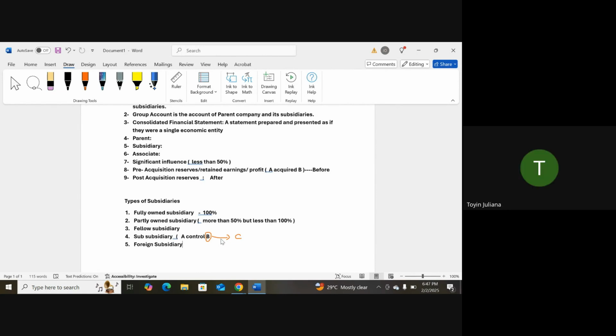Yes, sir. Now, what I want us to also learn, because if I'm not mistaken, I think you already have the basic knowledge of group accounts when you did your FR. But at the same time, we also need to shed more light so that